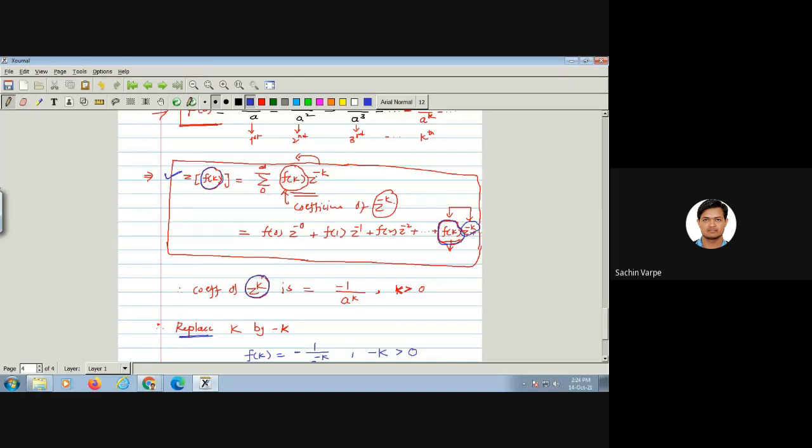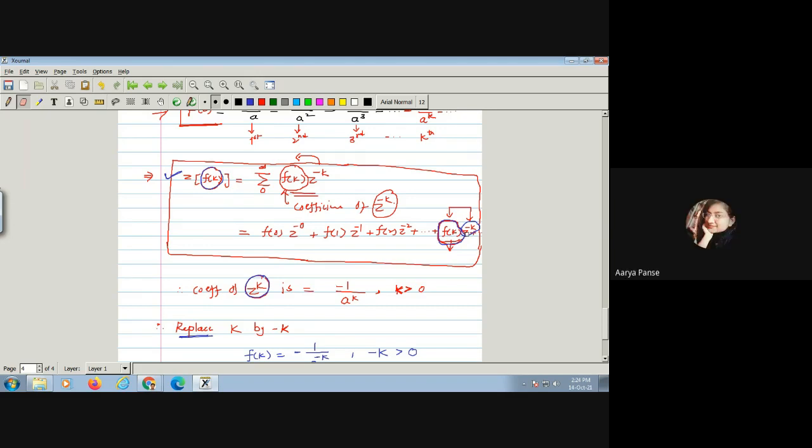Infinite summation f of k z raised to minus k. And if I open that sum, how does it look? It will be like f of 0 z raised to 0. See, for the purpose of understanding, I have considered from 0 to infinity. The actual sum is from minus infinity to infinity. Is this clear? So when we split the summation from 0 to infinity and write the actual terms of the series, I'll get the kth term to be f of k z raised to minus k, plus and so on. Am I right? Yeah. So basically f of k z raised to the minus k.